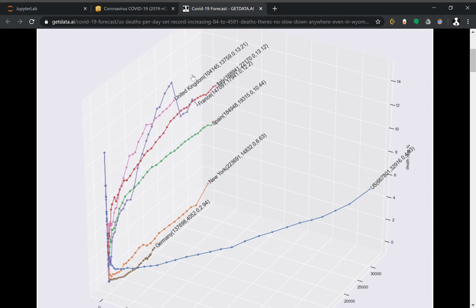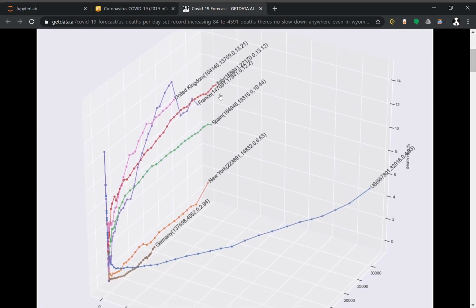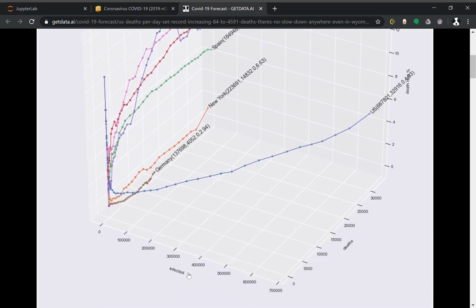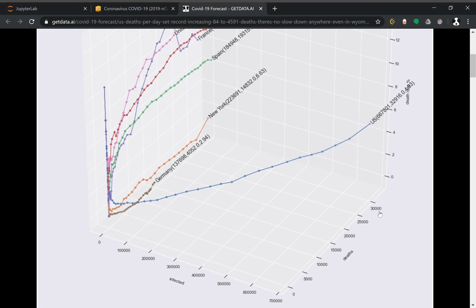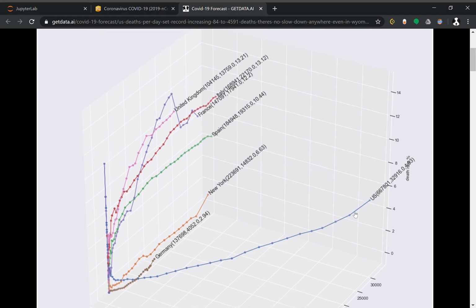Okay, so first, let's just look at how the United States is doing versus other countries. And what you see here is a chart in 3 dimensions of countries. On the x-axis, you have infected, right? So the more infections, the more you go to the right. On the y-axis, you have deaths. So the more deaths, the more you go away from us. And on the z-axis, you have death rate, and so the higher the death rate, the higher the series is. And so all 3 of these are bad,